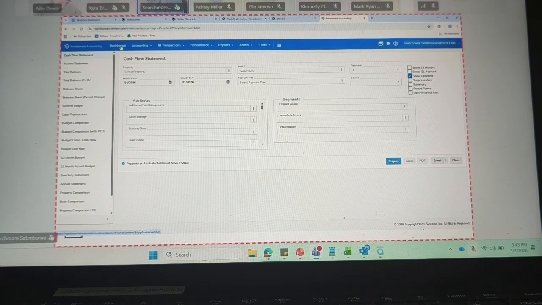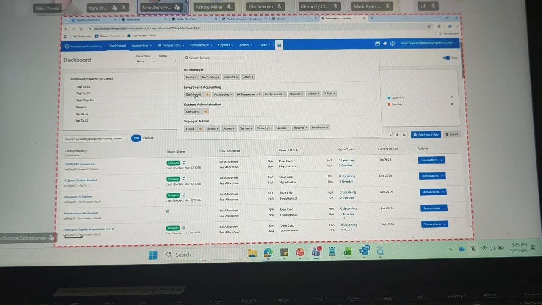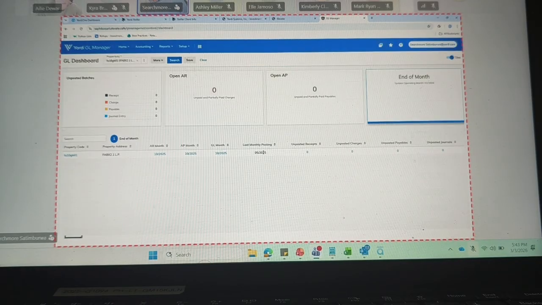I don't want to rush forward quickly. So once we have got that, there are 2 things which I just want to highlight here. Most of the accounting work or the fund accounting work will be done in this particular dashboard. And also we have got the GL manager. So GL manager, as you can see, again, you've got the dashboard